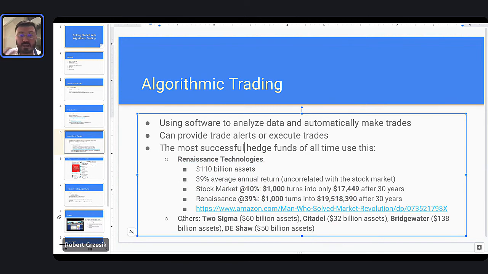But there are a lot of other companies that are doing very, very well using these techniques as well, right? So Two Sigma is one of them. I've actually met some people from Two Sigma, very, very smart people. These guys, again, use software to place all their trades. They do not have people placing trades. They do this all automatically. They have a venture capital arm, but that's a separate thing. I'm talking about their main hedge fund. Last I heard, these guys also are beating the market by quite a large margin. They're managing about $60 billion worth of assets and growing very quickly.